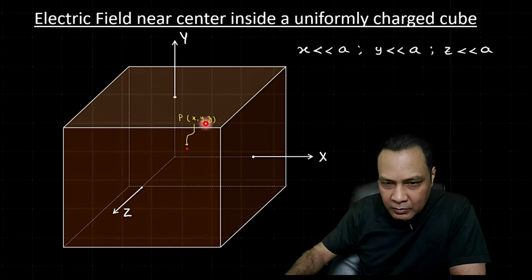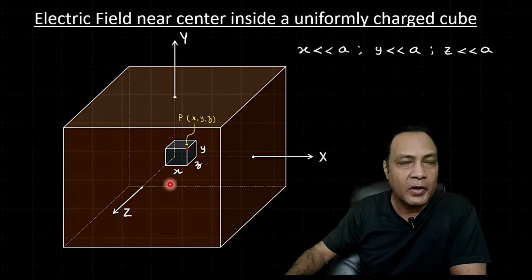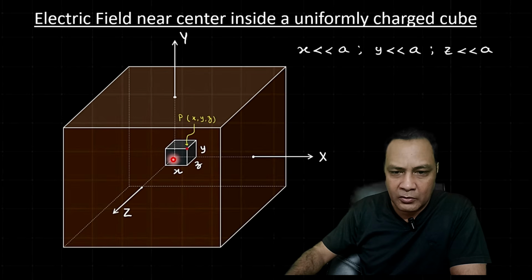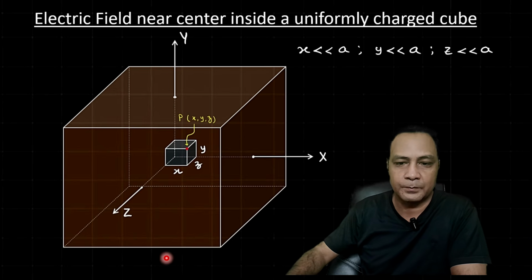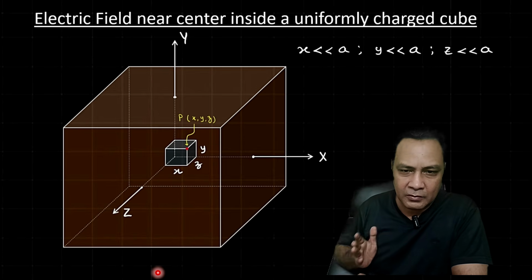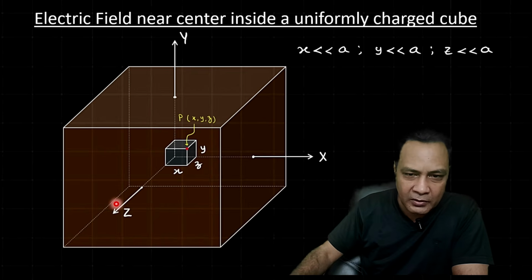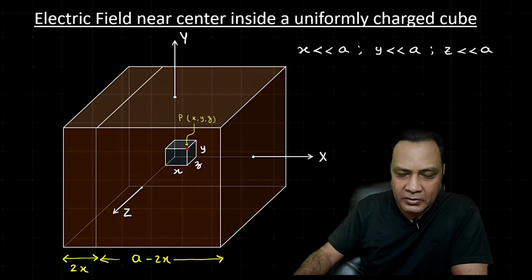So to get this picture more clear, let me draw a cuboid of size x, y, z. The origin of this cuboid is at the origin of the coordinates. So if this is x, this length is x, this is y, and this is z. Now what I want to do is make a few cuts on this cube. So first I want to cut it this way. Make a cut like this. So first I am cutting this way. So this length is